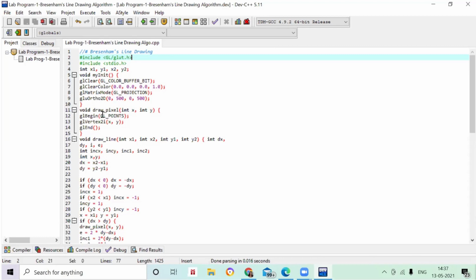Just remember one thing, whenever we are going to do anything, first we have to set the matrix. Okay, you know there will be a 2 cross 2 matrix, there will be a 3 cross 3 matrix. So that matrix we have to set, because sometimes, in this program I have not used it, but in future programs you can see where we are going to use the load identity. So at that time, whatever values you are giving inside your matrix, it's going to be very useful. Okay. So here the matrix mode, I have kept it as GL_PROJECTION. Fine. So in projection view, I want to see my output.